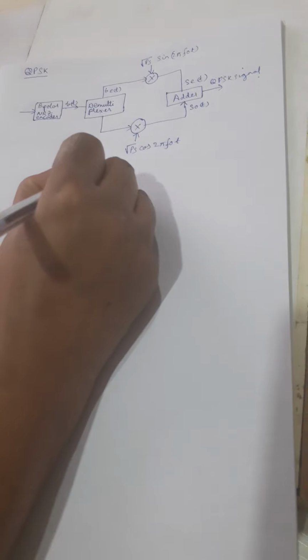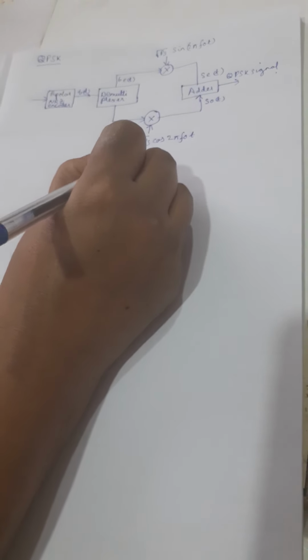This is quadrature phase shift keying. First we'll discuss the transmitter of the QPSK. Now before that, quadrature means 4 shifting, it is shifting of 4 times phase. So before that I'll teach you, they are having 4 successive bits.